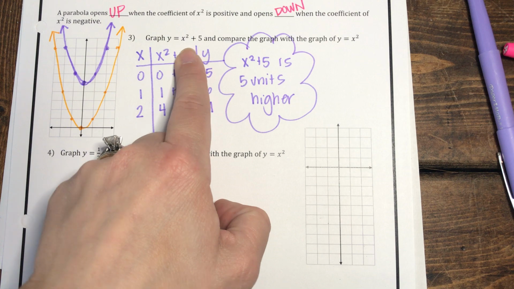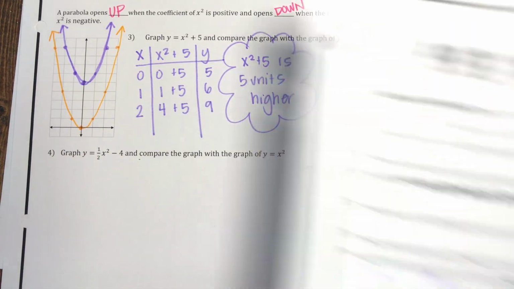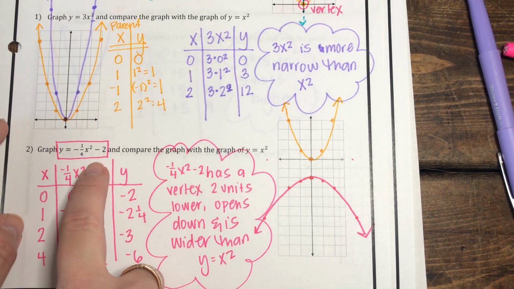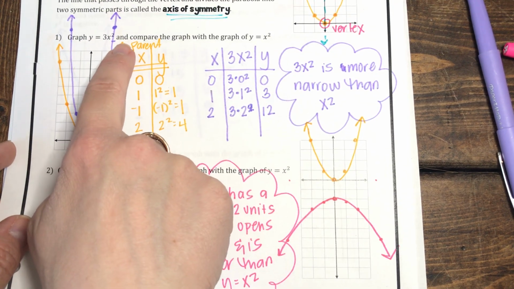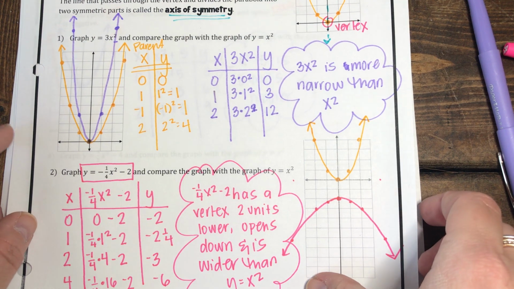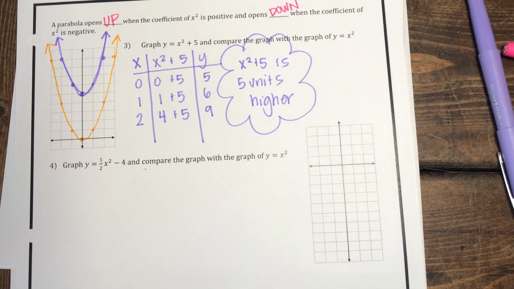Do you see how it was x squared plus 5? So 5 units higher. Look over here. Negative 1/4 x squared minus 2, 2 units lower. This one didn't have a plus or a minus anything. It didn't have a c, so it had the exact same vertex. So you can look at these equations and make your observations before you even have to